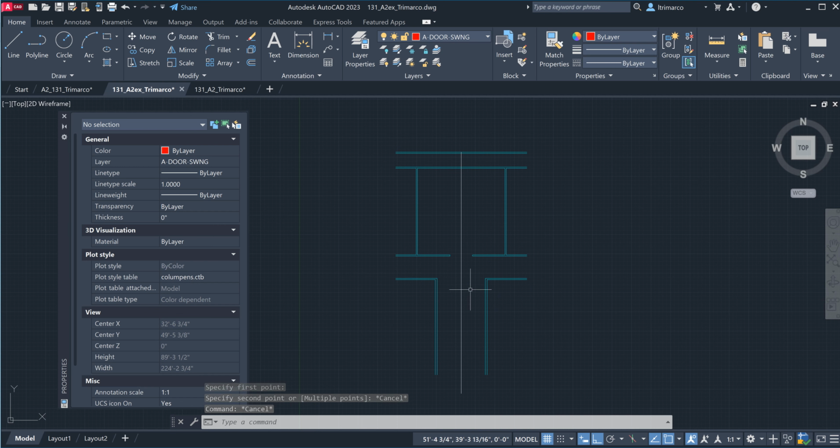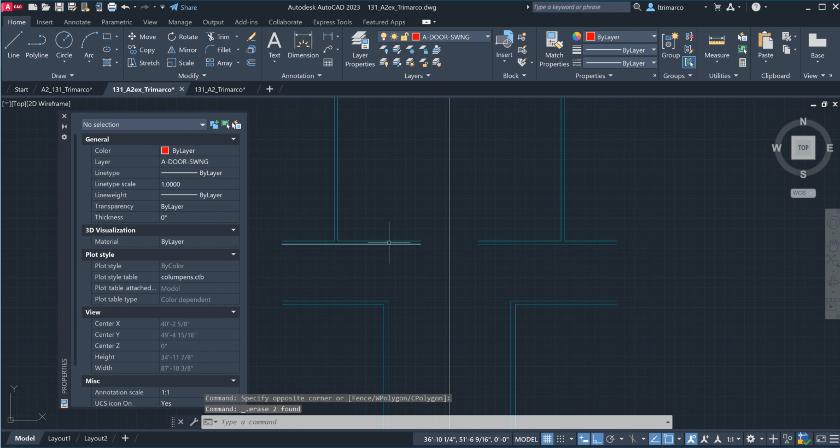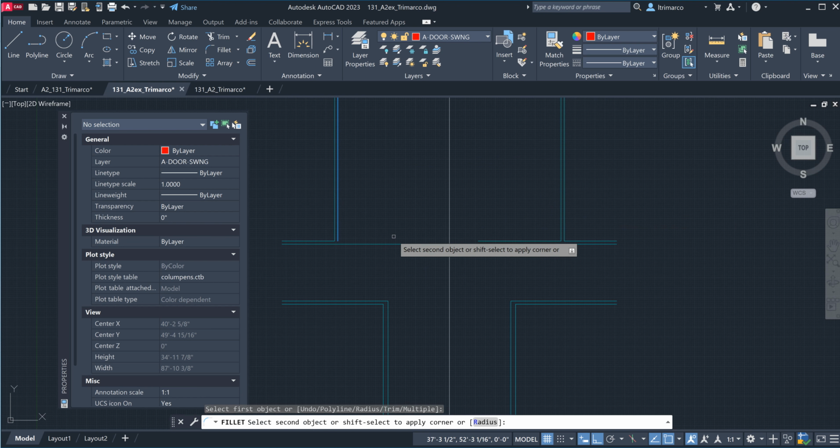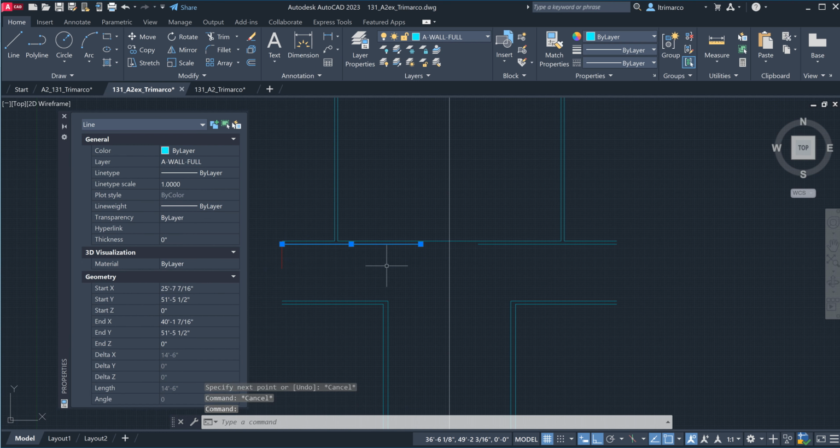Okay, where I want to concentrate is getting the openings. So this opening here doesn't exist because we didn't draw it. Let me share with you a little bit of the fillet command. Here's the fillet command. By default, I'm just going to select one object vertically and one object horizontally, and it's going to close that corner off with 90 degrees. Same thing here. I was not planning to show you. I just forgot to delete my